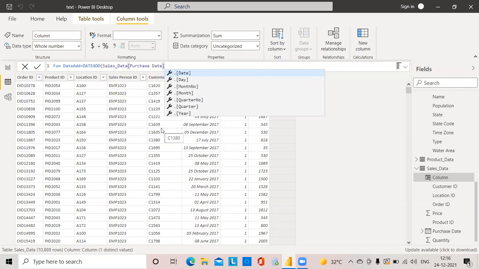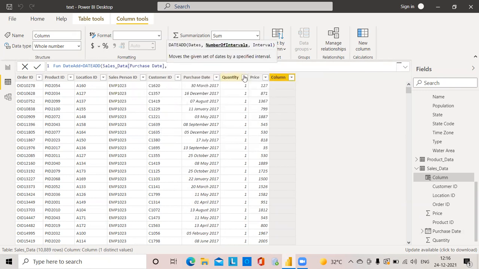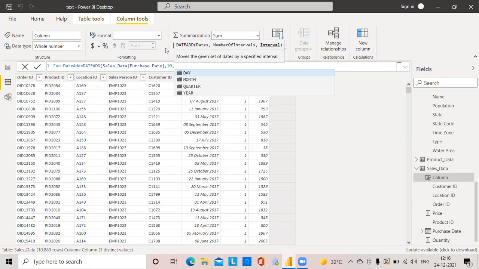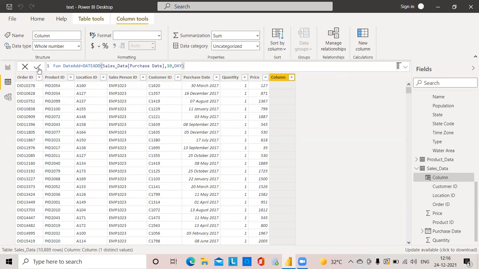Number of intervals, 10 days I am adding. So, comma, I will give day.